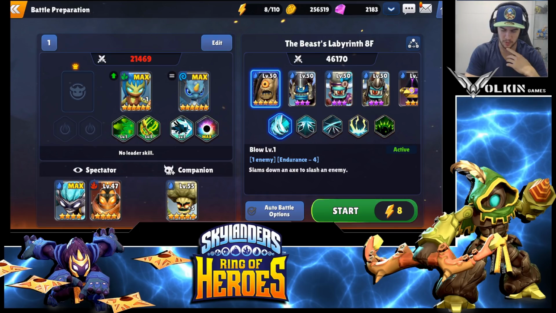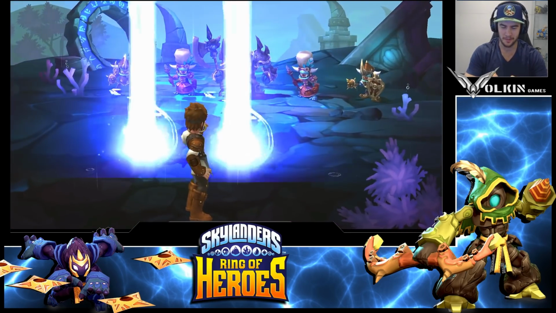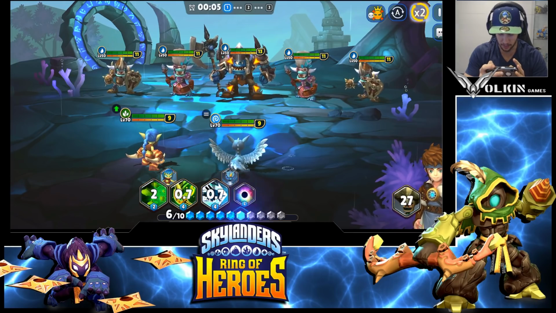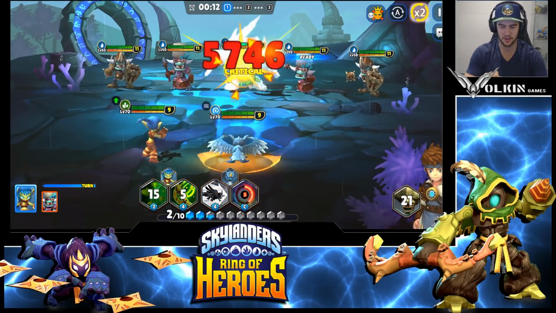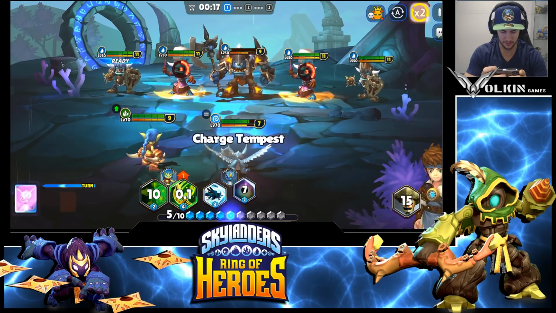We'll just do it on the 2x speed to try and make it more reliable. I'll put it on manual. So the first thing you're going to want to do is target the big guy in the middle and then hit him with your 2 Stealth Elf attacks. As you can see, bad RNG, missed the crit already. Get that crit, but that might not be enough because...